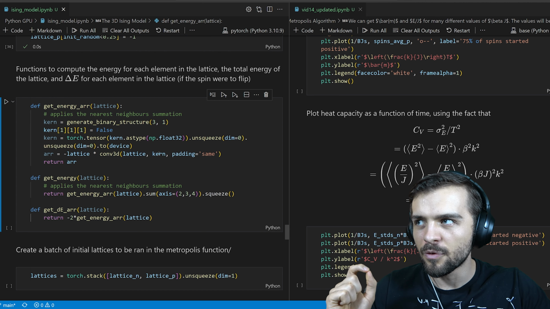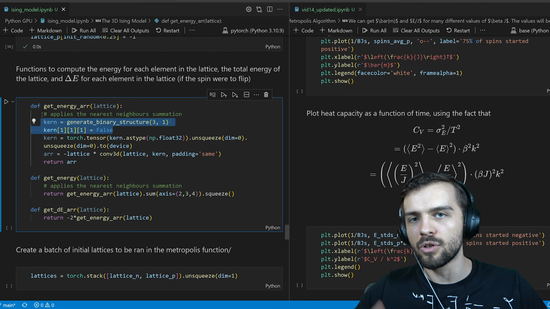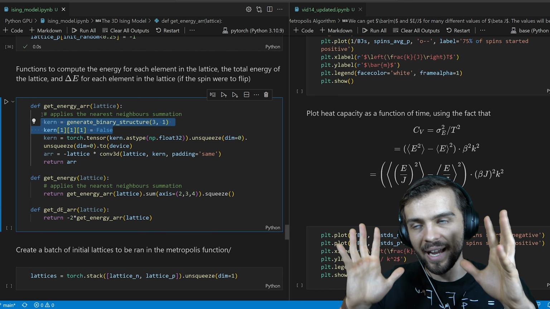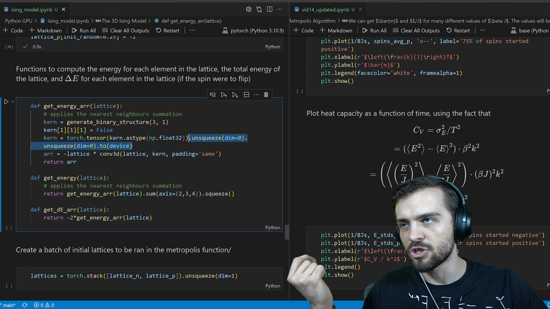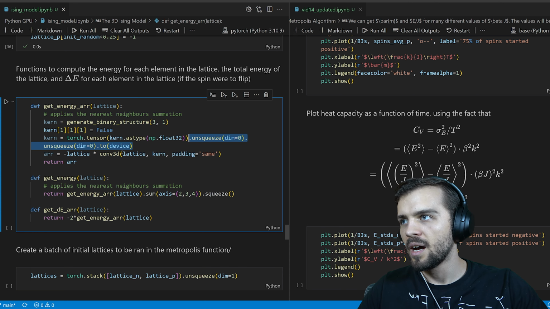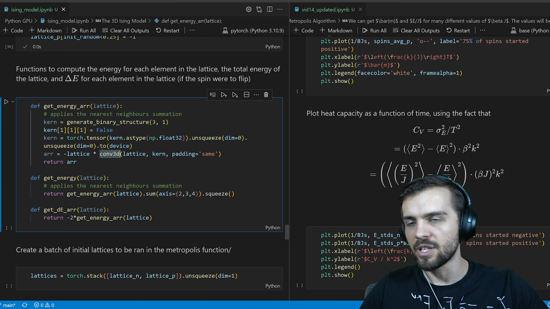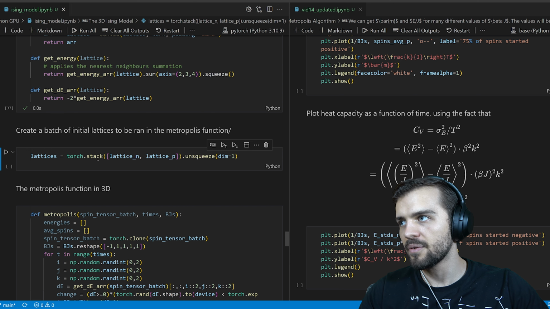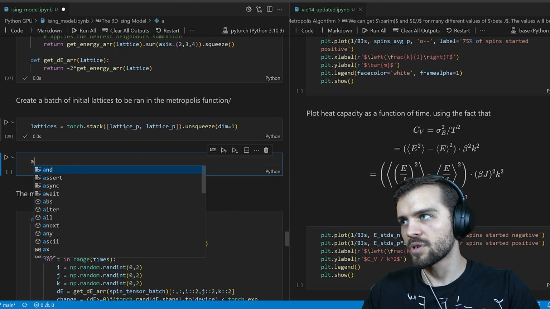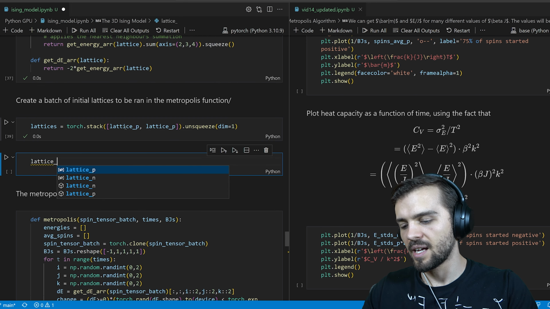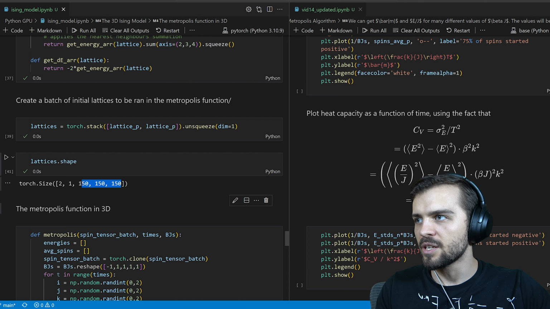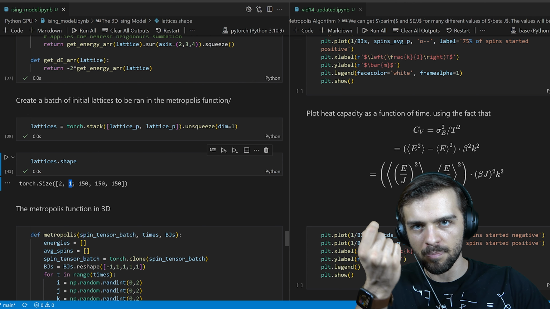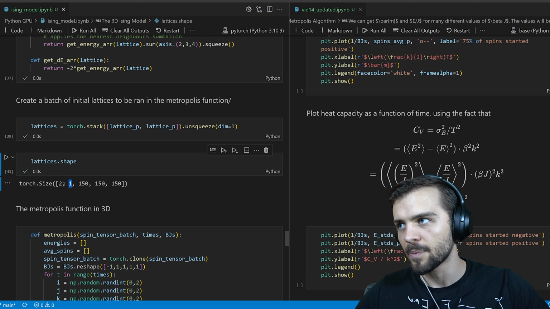I have to be a little careful with the kernel. Now it's a 3D kernel where you have up, down, front, and back. So then I have to add the batch and the channel dimension to the kernel, and I can use the conv3d function here to compute this. So it's basically exactly analogous to above. I can stack lattices together, and of course in this case, lattices.shape is going to be much different. So now I have a 3D grid. This is my channel dimension because each point in that 3D grid has a single number, and I have 2